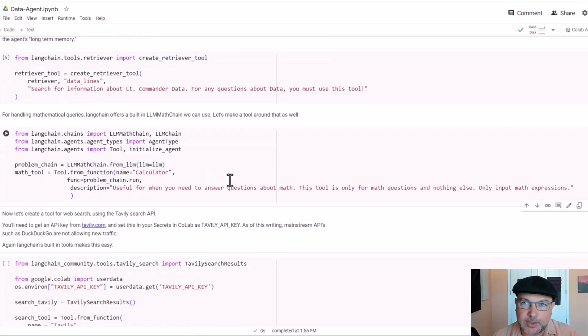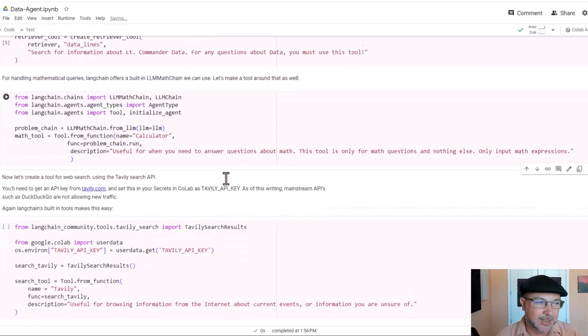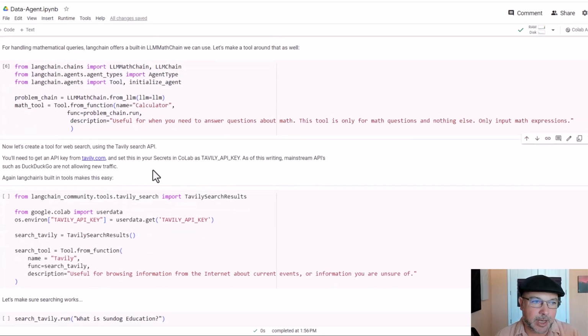Finally, let's give our agent some access to real-time information. So another limitation of LLMs is that they only know about information up to their training cutoff point, right? And that is usually several months ago at least. Let's give it access to the web. What could go wrong? Now, again, we're going to be using an API called Tavily, just because as of this